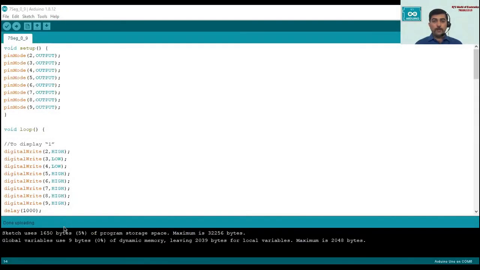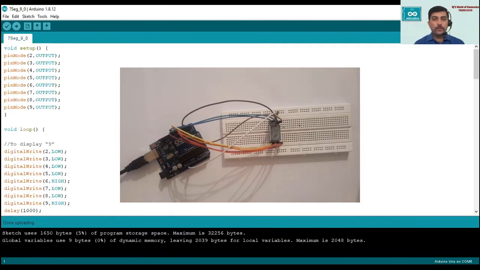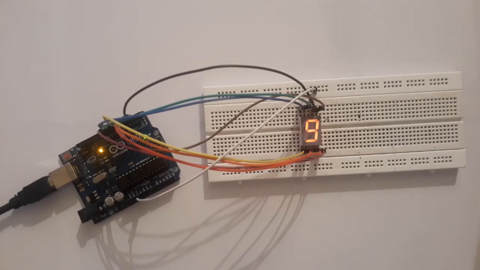If you want to display from 9 to 0, we have to modify the code in the loop function. First, we need to call the code for 9, then 8, then 7, 6, 5, 4, 3, 2, 1 and lastly 0. So write the code in a reverse manner in the loop function. Let me show you the demonstration. Now see the output. It is displaying in the reverse manner, that is down counting. First it will display 9, then 8, then 7, then 6, 5, 4, 3, 2, 1 and 0.